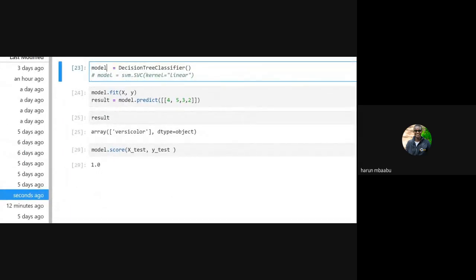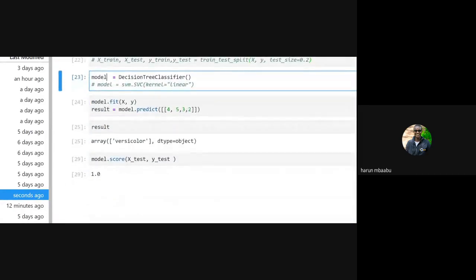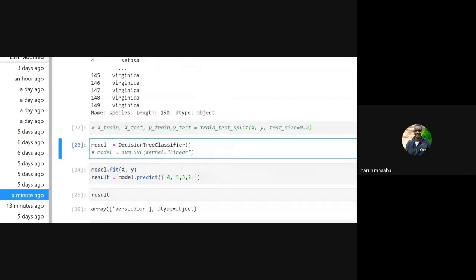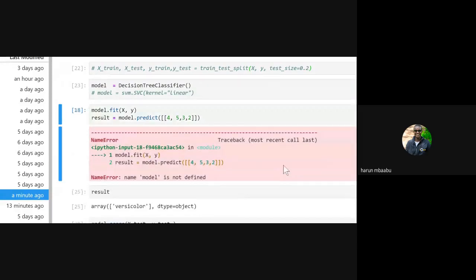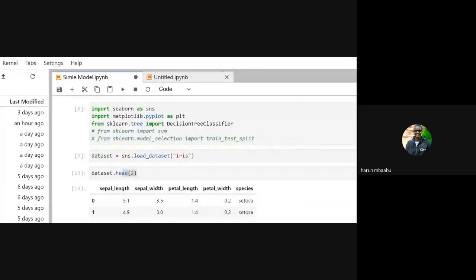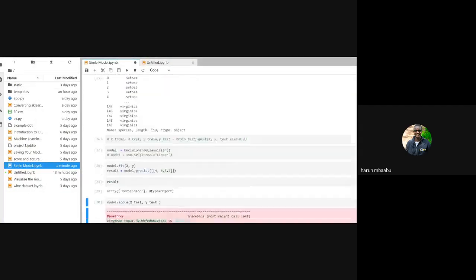That's why I have put 4.5 for sepal length, then for sepal width I put 4, for petal length I put 3, and for petal width I put 2. And I think our model predicted correctly. Let's check if it did. Anyway, sorry, I didn't run this step, and that means I haven't run everything. So I'll come up here and run all cells. Just give it time.